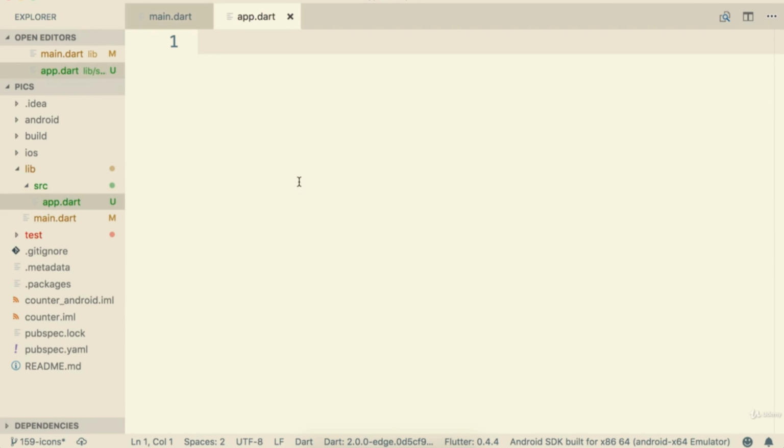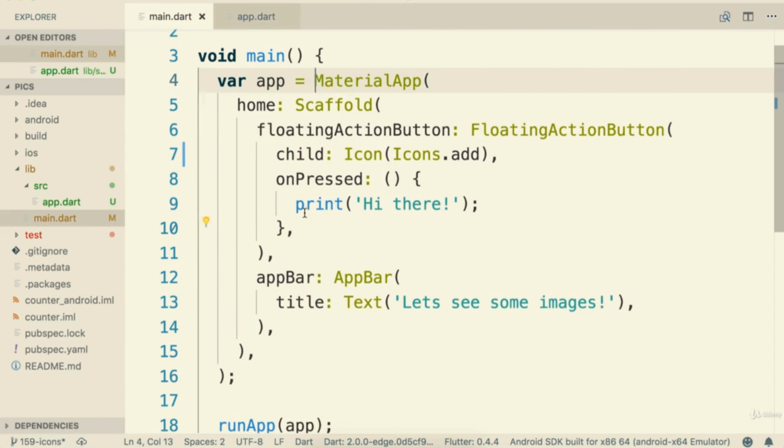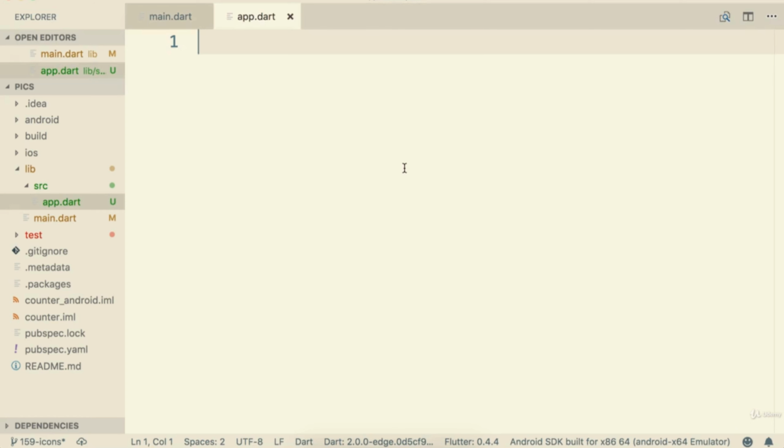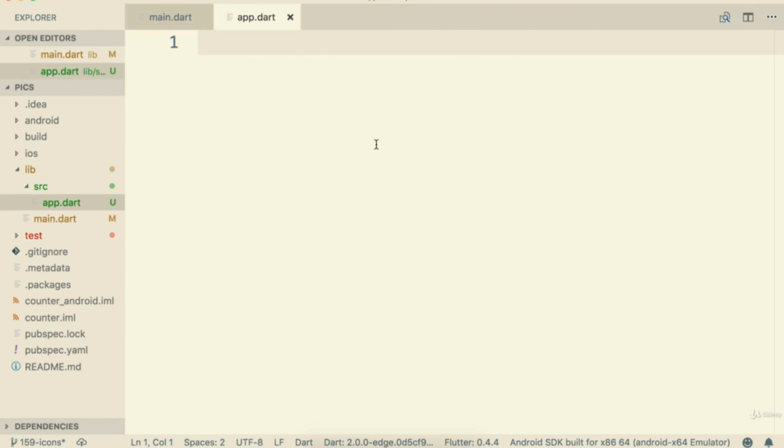Then inside the src directory, I'll make a new file called app.dart. So inside this file, we're going to create a new custom widget called the app widget. And that app widget is going to have the sole purpose for right now of showing all these other widgets that we just added to our main function. Now this is the first time that we've created our own custom widget. Up to this point, we've been reusing all these other widgets that are implemented by Flutter. So to guide us in putting together our first custom widget, we're going to write out a couple of different